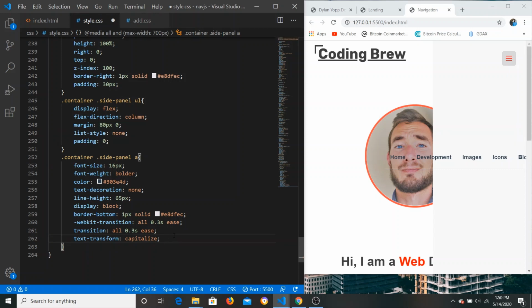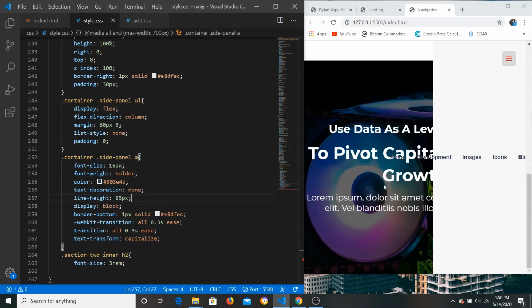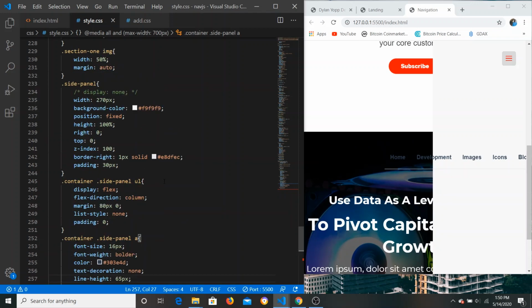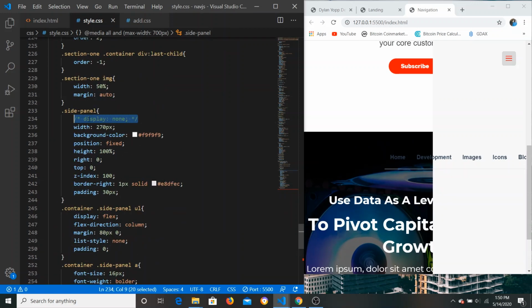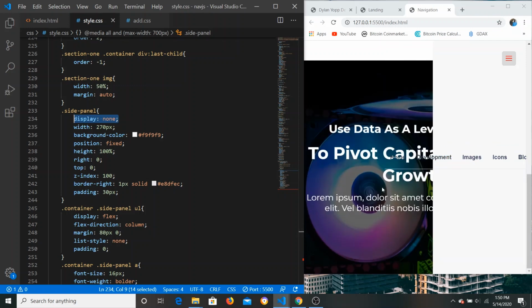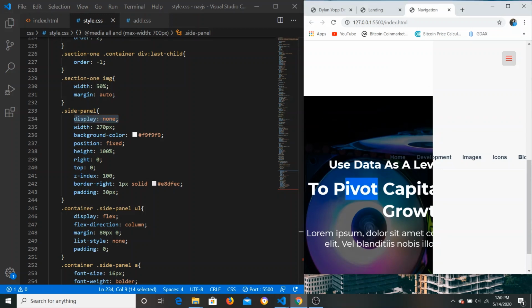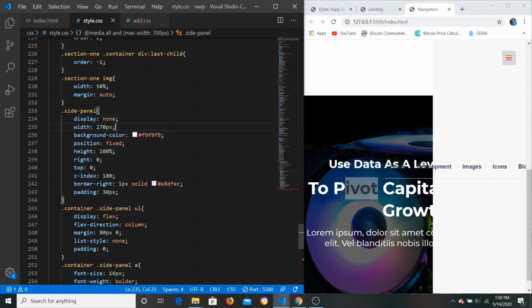Okay, so the last thing that I'm going to do is add section 2 H2 inner, and this is going to be the last of our CSS for the media queries. I'll uncomment this just so you guys can see. It's going to make this text here a little bit smaller so everything fits on the page. Alright, so let's go over to the JavaScript